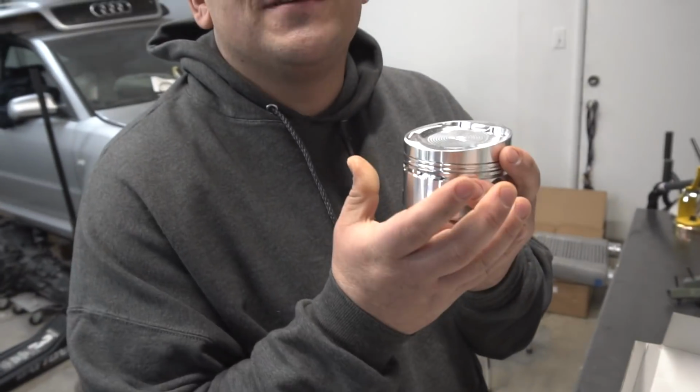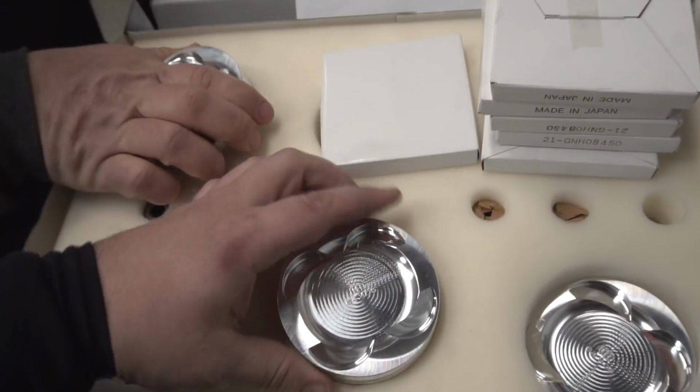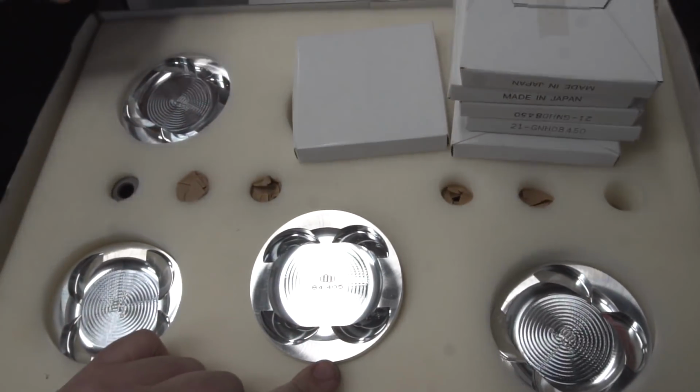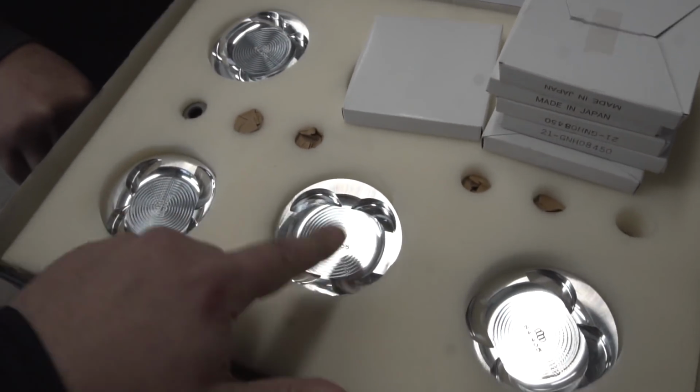So inside this engine is silver. We ordered these custom pistons. Oh my God, these look beautiful. Look, double dished. That's beautiful too. And he says it's within 0.5 gram. Pano said it's within 0.5 gram, correct, of each other in terms of balancing,